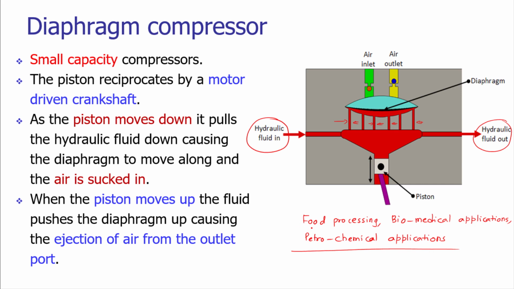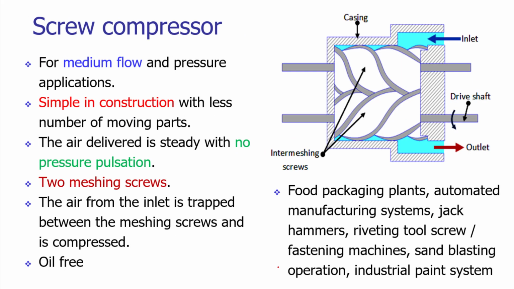However, for the critical applications, or for the biomedical applications, it is worth to develop such kind of facility and utilize it for our intended purpose. We can also have arrangement with meshed screws. So we are using two meshing screws. You can see a compressor with the screws. That typical arrangement can be seen on your screen.